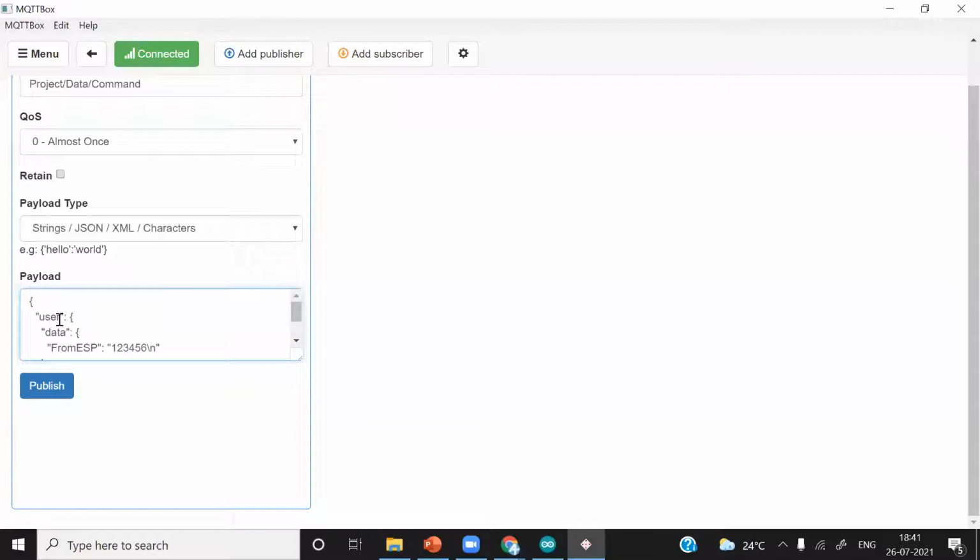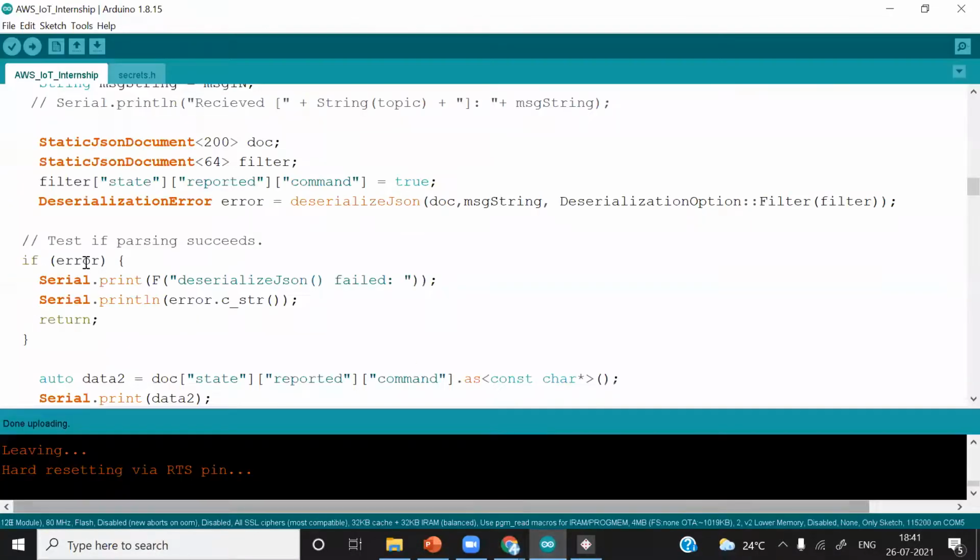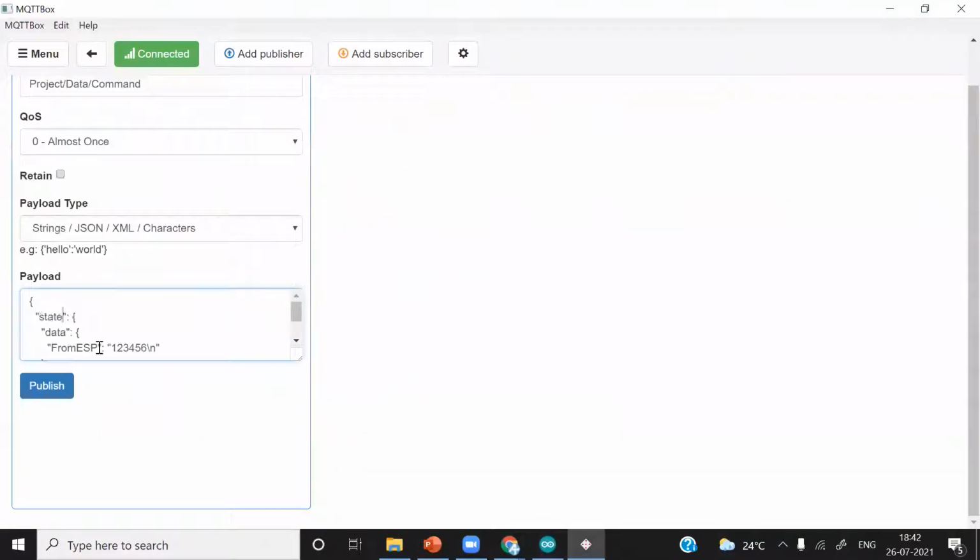What we will do, we will change these names. So the first name was, we are filtering the data, so it must be checked for the uppercase and lowercase characters. I'll copy this one, Control C, Control V. Instead of data, we want data, and then it was command.